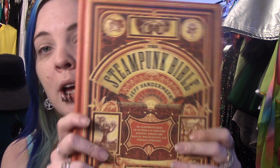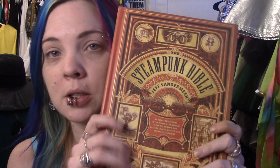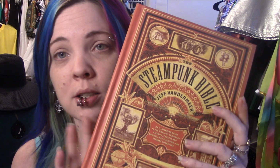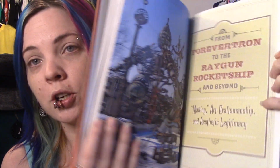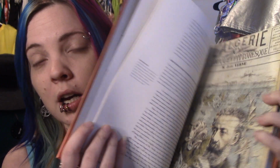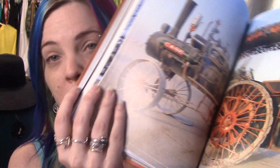the Steampunk Bible. I've had this for a couple of years. When I first discovered steampunk, I just went on Amazon, and this book is super popular. It's called the Steampunk Bible, and it's by Jeff Vandermeer. It's not like rules to go by, but it's explaining what steampunk is. It's kind of like an introductory book. It talks about the culture and the subculture and how it started, like stories and media and fashion, of course,